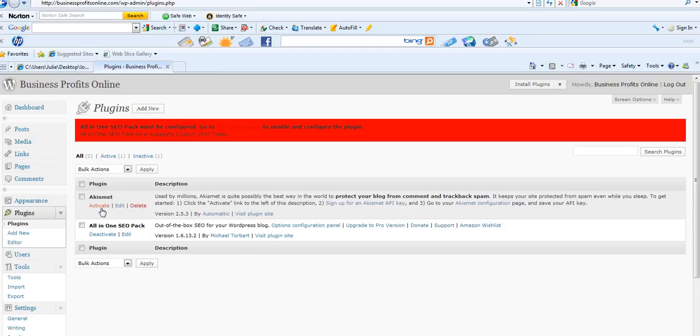This plugin, Akismet, helps to prevent spam. When you activate it, you also need to enter an API key. To get your API key, go to your Google account, or if you don't,